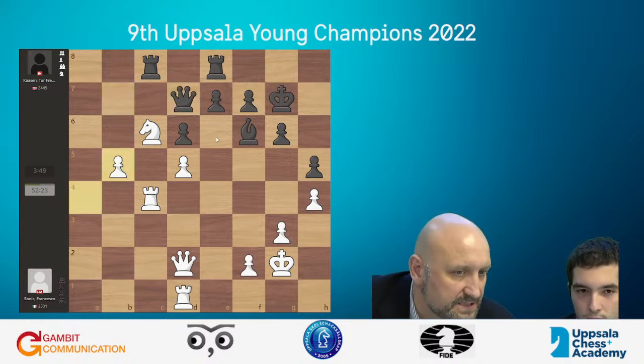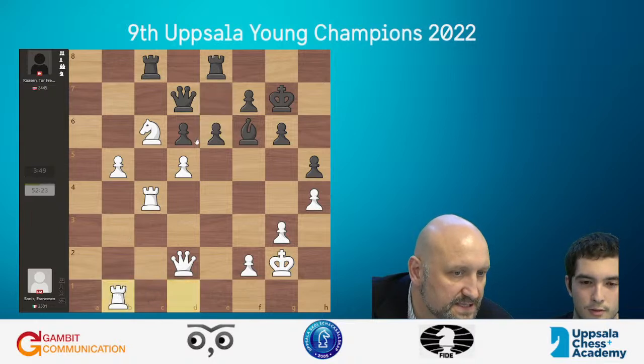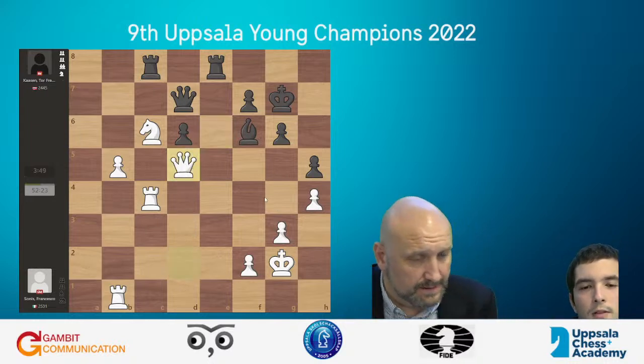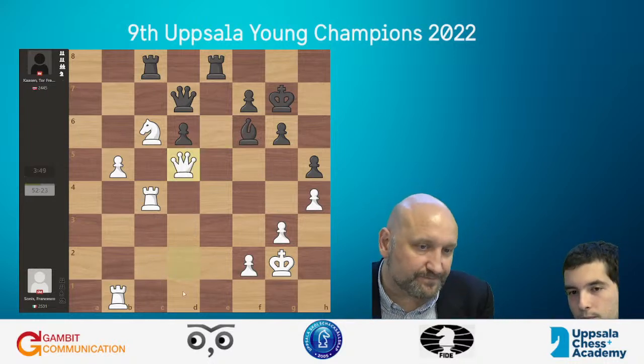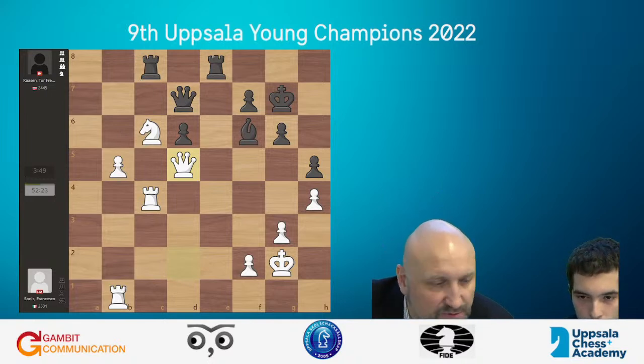I'm not sure if this is correct. I don't know if you should go for e6 immediately here. Is that possible? Yeah, rook b1 probably. You play the same. Okay, and now if you take queen take. You take with the queen. Okay. I mean, no doubt you have a good position, but maybe this was